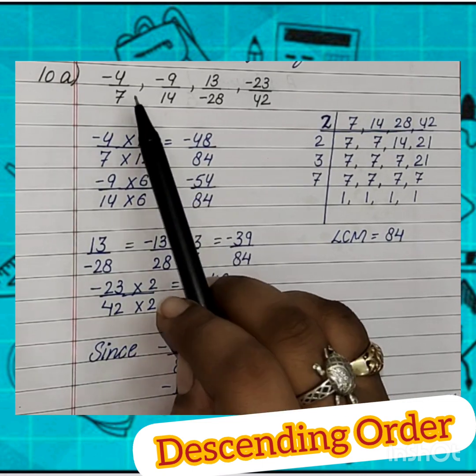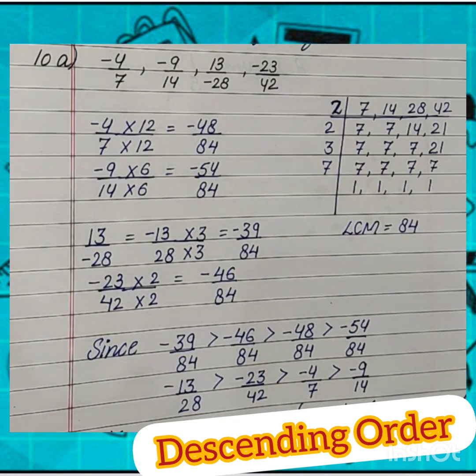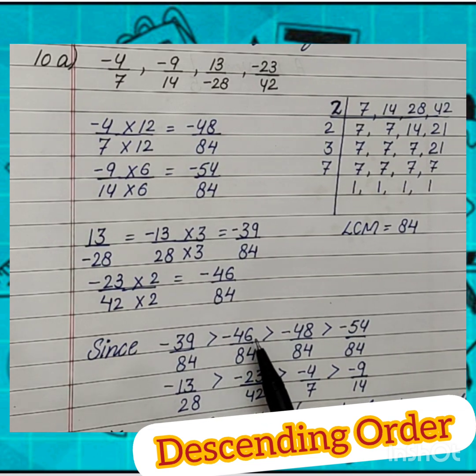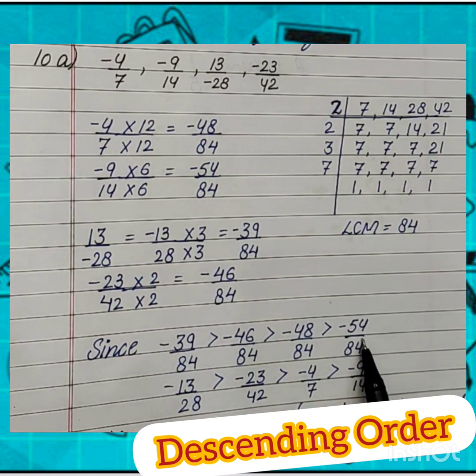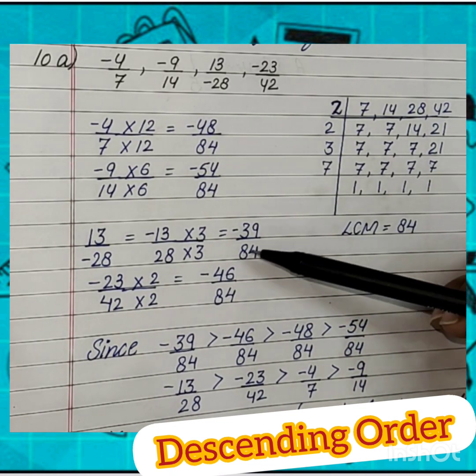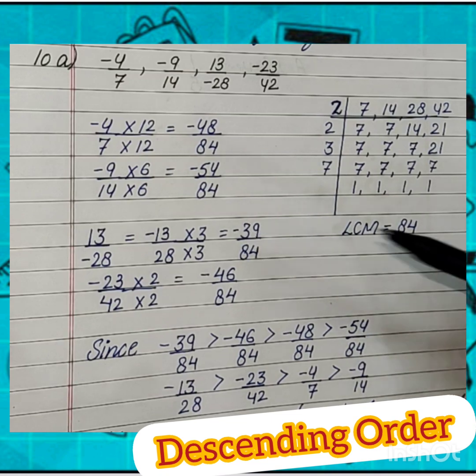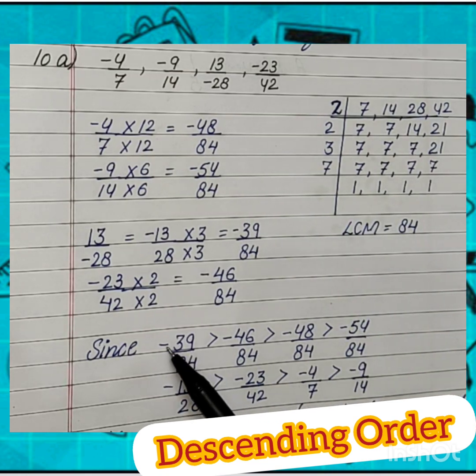We have to write these rational numbers in descending order. Descending order means सबसे पहले बड़ा लिखेंगे, then smaller, फिर उससे छोटा and then उससे छोटा. But here all the rational numbers are with a negative sign. So जो सबसे छोटा होगा negative sign के साथ वही सबसे बड़ा बन जाएगा. So the bigger one is minus 39 upon 84, then minus 46 upon 84, minus 48 upon 84, and